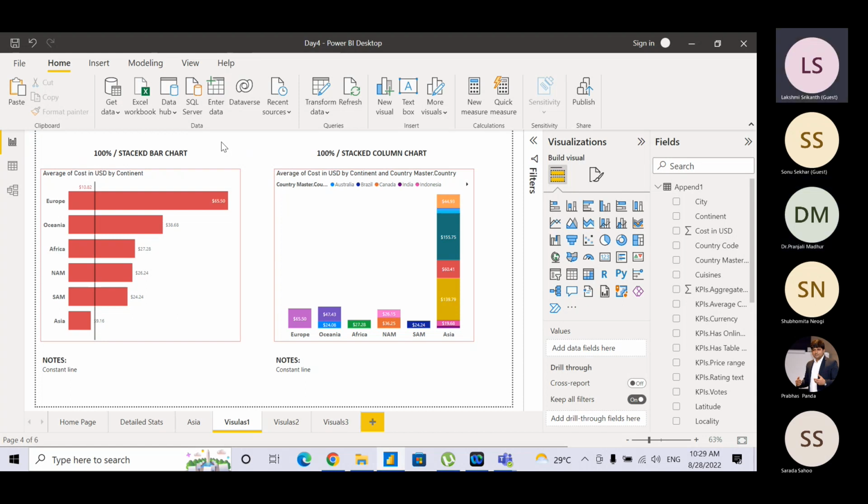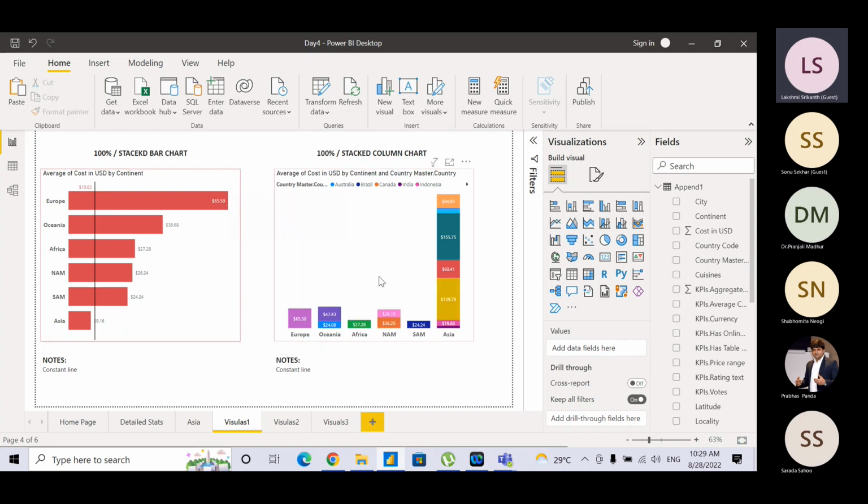हाँ, इसमें एक स्लैश भी है, इसका मतलब क्या होता है? Both are very similar, no? Stacked bar chart and 100% stacked bar chart. Both are similar in nature, very similar in nature. यहाँ पे जो मैंने लिखा 100% और स्टेक बार चार्ट का मतलब है कि आपको 100% स्टेक बार चार्ट में भी ऐसे ही मिलता है और नोट्स भी ऐसे ही है। 100% कॉलम चार्ट में भी ऐसे ही मिलता है और नोट्स भी वही है, मतलब कांस्टेंट लाइंस ही होगा।